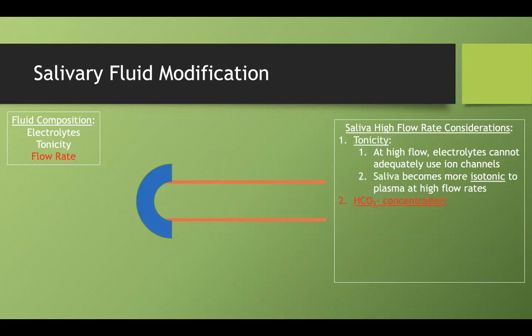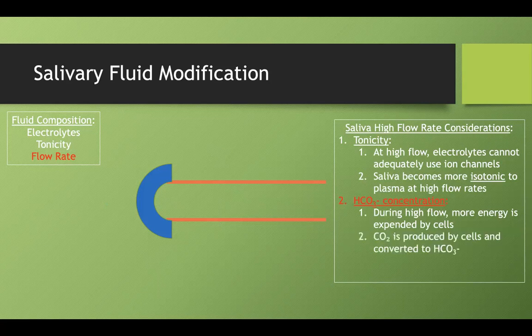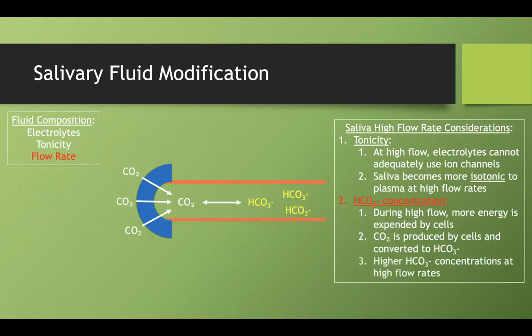Bicarb has this special feature where at high flow rates, your acinar cells are working so hard, they're producing a lot of CO2 as a byproduct, and that CO2 will actually just diffuse into the ducts, and through carbonic anhydrase, that CO2 can transition into bicarb, which will increase your bicarb levels at high flow rates. I always remember this bicarb as high carb, where at high flow rates, whether it's the salivary gland ducts or the pancreatic ducts, which I'll talk about later, you'll always have high bicarb levels,